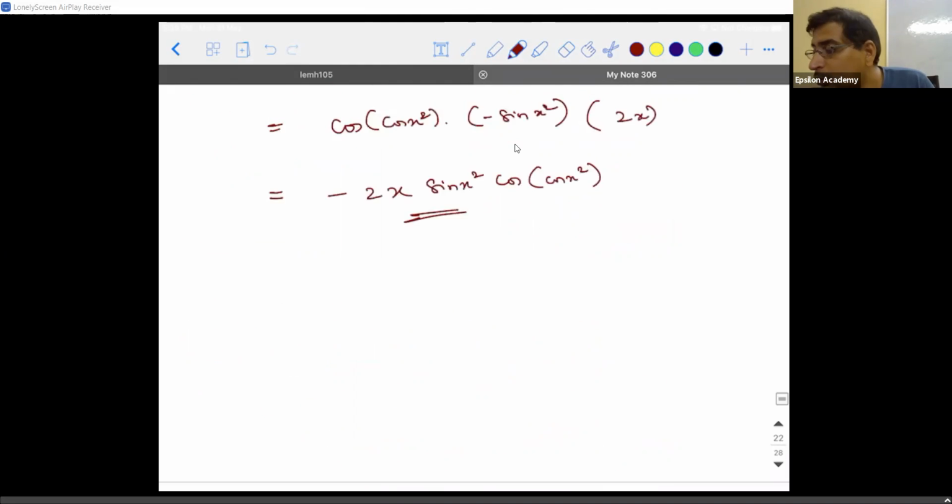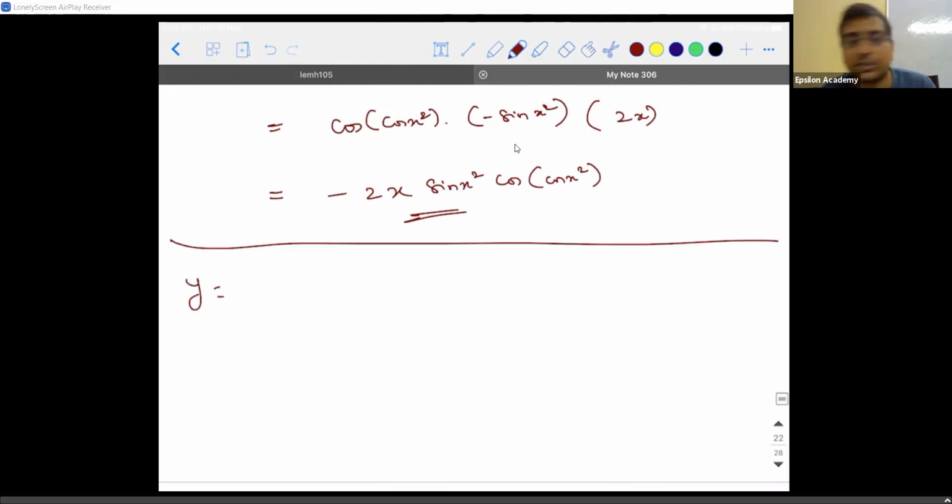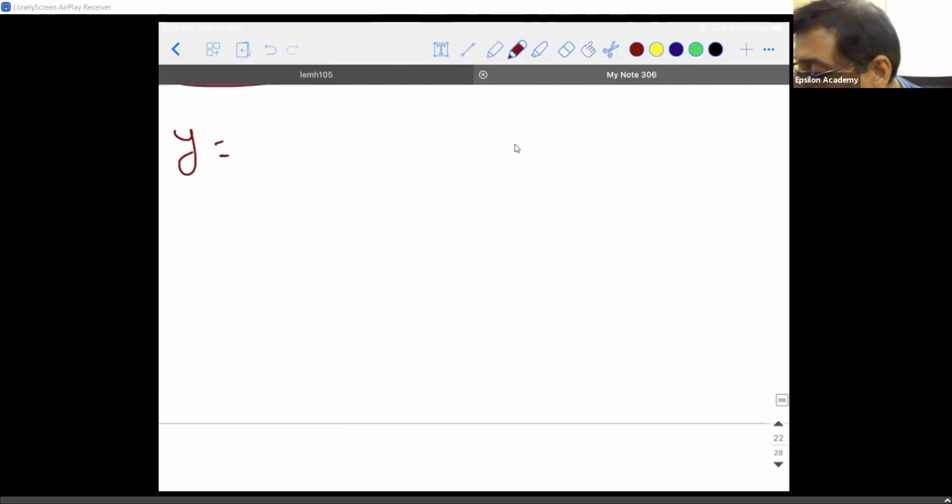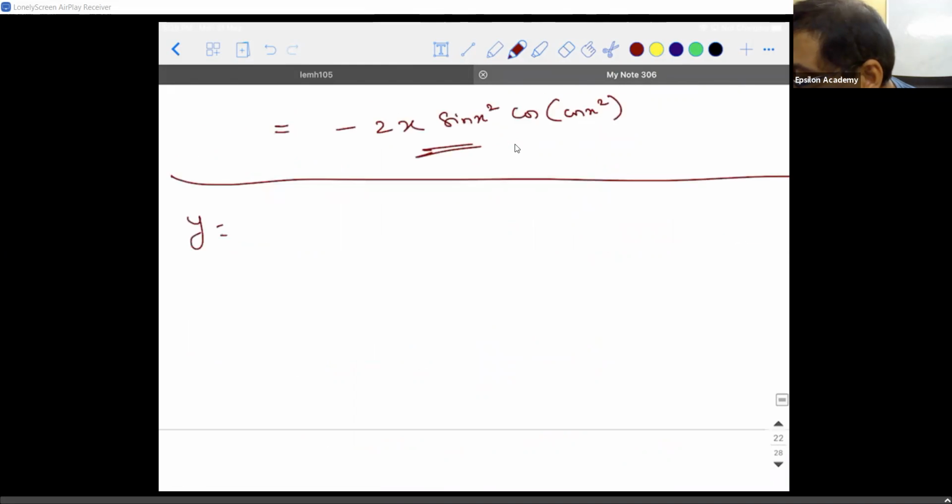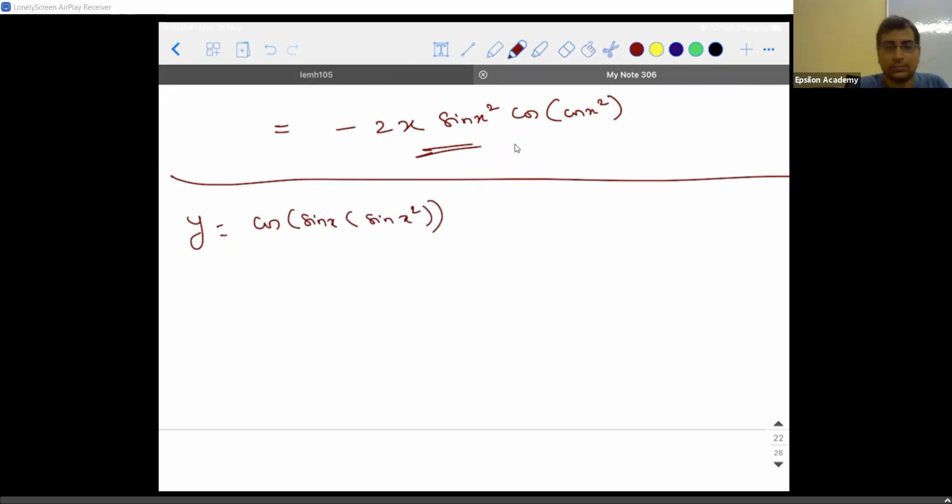Okay. For you guys to understand better, let's create our own question. y is equal to cos of sine of x square. Let's create it. Mithun, you want to try? So how many functions are there? Don't worry, they are not going to ask you like this. 4, sir. There are 4, no? So 4 means what are we supposed to do?